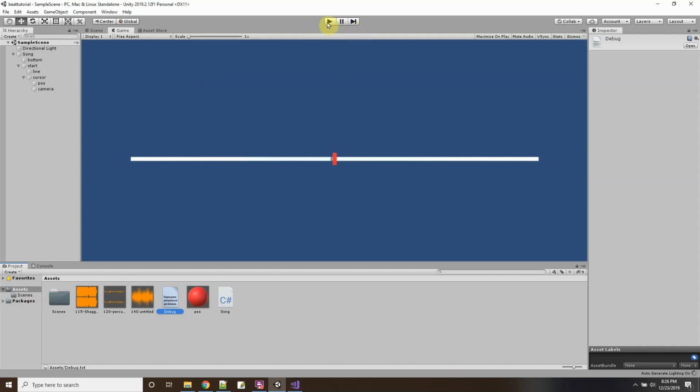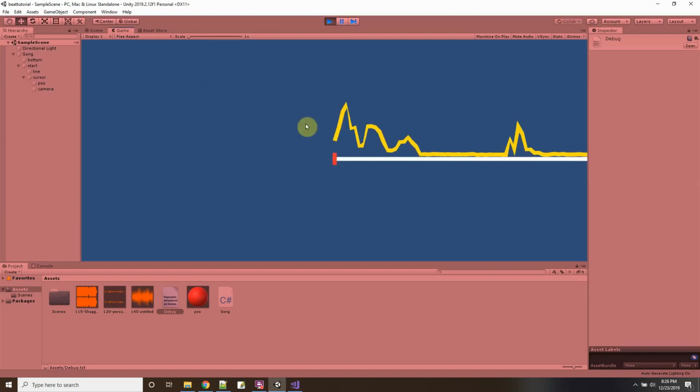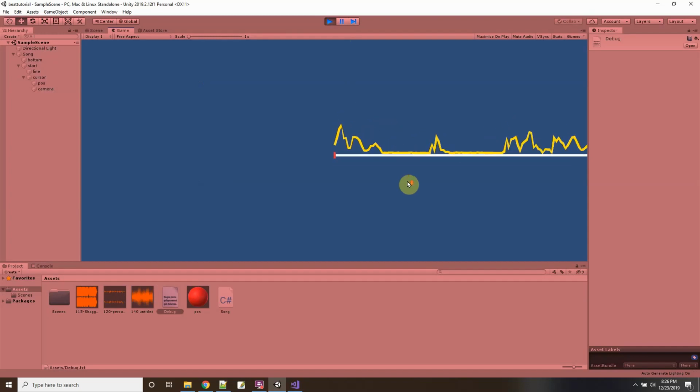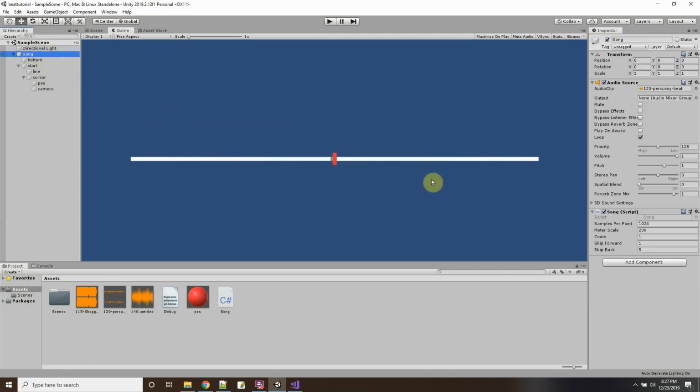So this waveform line is the yellow line that we're going to see here again when I press play. There, this yellow line that's kind of jaggy and stuff like that. We're going to make a simple line. So hopefully you just get like an up, down, up, down, up, down, up, down, something like that. Simplify the line out. So on the song thing, the simplifying of a line, if we look at a line